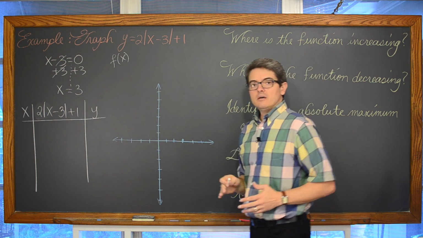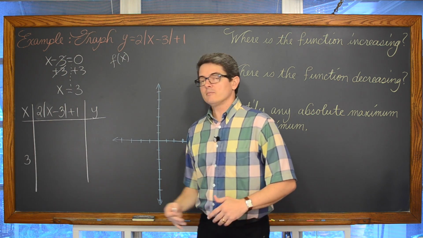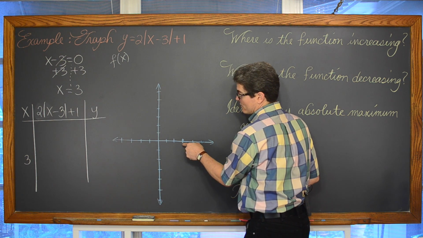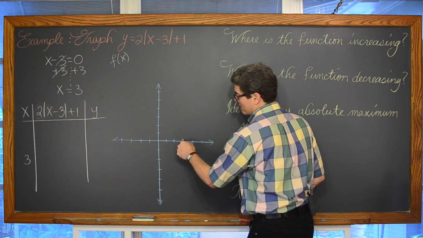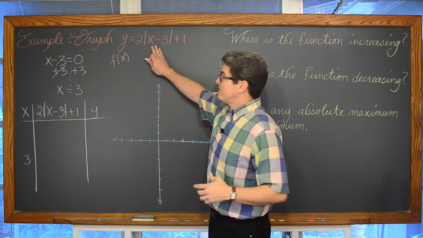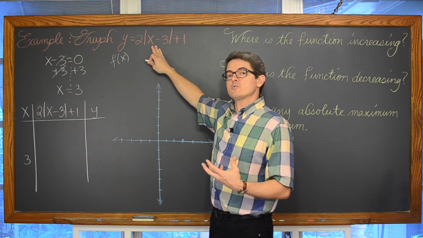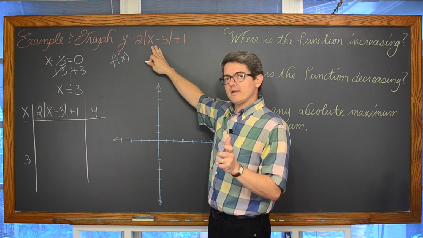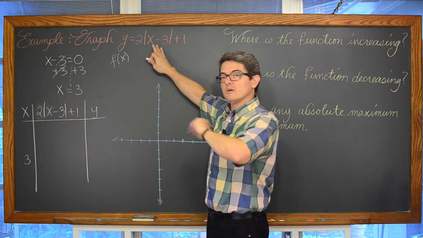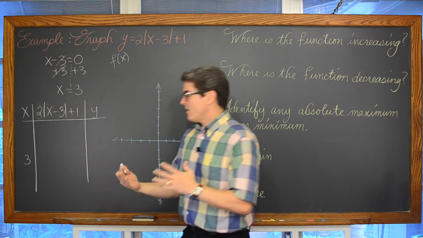Now that we know the x-coordinate of where the sharp bend is going to be, we're going to let that be the middle of the column for our values of x. And then we're going to count. If we're looking at the number line, we're looking at an x value of 3. We're going to count to the left and then count to the right. We're going to use some smaller numbers and some larger numbers in our t-table. And at least with these linear absolute value functions, there's going to be symmetry of the graphs, like you saw a little taste of in the previous lesson. I'll have a link to that one in the description of this lesson, or if you look at my playlist, you'll see them in order as I teach them. They'll have some symmetry in the graph.